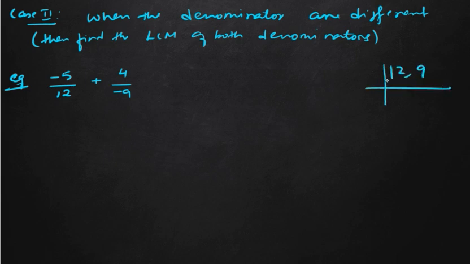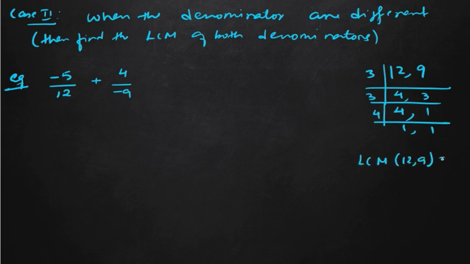So how to take the LCM? Think of a number which divides 12 and 9. If not possible, then we can take the individual number also. Obviously, if we take 3, so 3 4s are 12 and 3 3s are 9. And again, if we take 3, 4 is not divisible, so keep 4 aside, it will leave 3 1s are 3. And again, if we take 4, 1 is kept aside, so 4 1s are 4. So LCM will be these numbers. So our LCM of 12 and 9 is 3 into 3 into 4. So 3 3s are 9, 9 4s are 36. So we have to make the denominator 36.